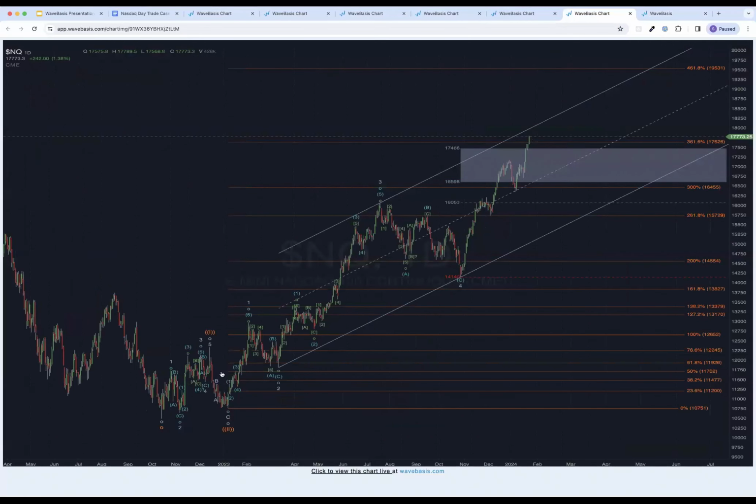We're here. This is a strong move. You don't want to count your chickens too soon, getting short something like this. This is one of the reasons Elliott Wave analysis is so powerful, because it tells you the context, but you have to pay attention to the context. In a situation where we're already trending down, you might be a little more loose about trading short. But in a situation like this, this is a dangerous place to be getting short for anybody.